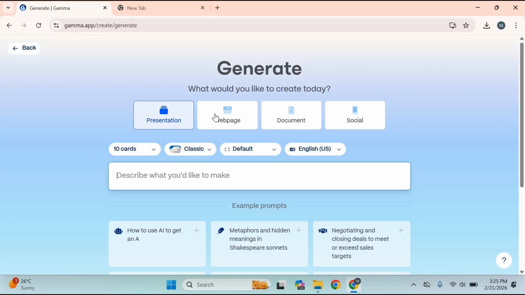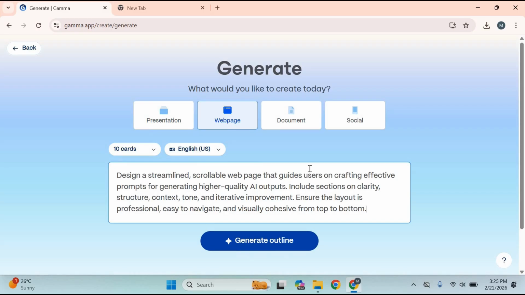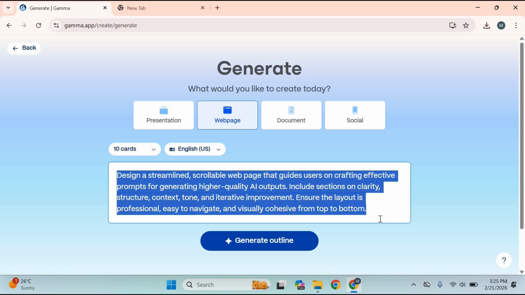Now let's create a web page using the same tool. The process is very similar. This time, enter the following prompt. Design a streamlined, scrollable web page that guides users on crafting effective prompts for generating higher quality AI outputs. Include sections on clarity, structure, context, tone, and iterative improvement. Ensure the layout is professional, easy to navigate, and visually cohesive from top to bottom. Click Generate,